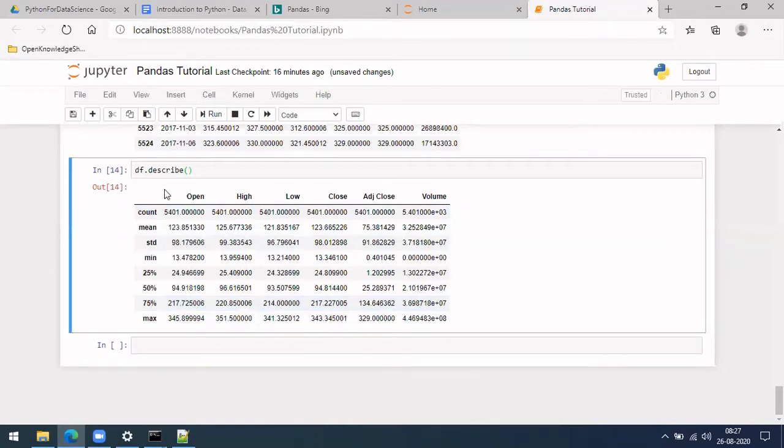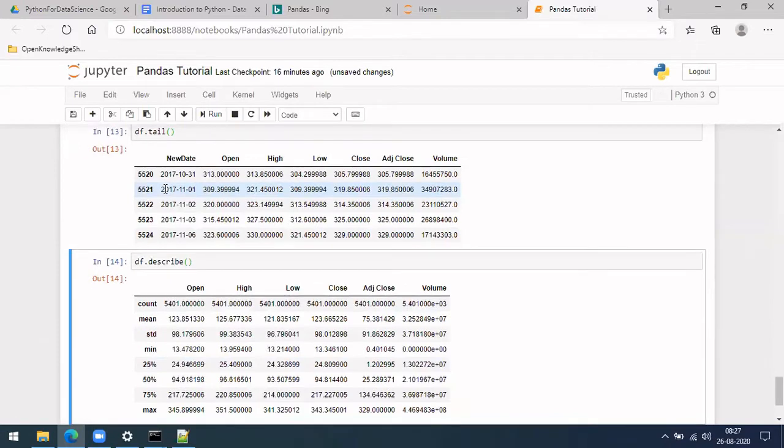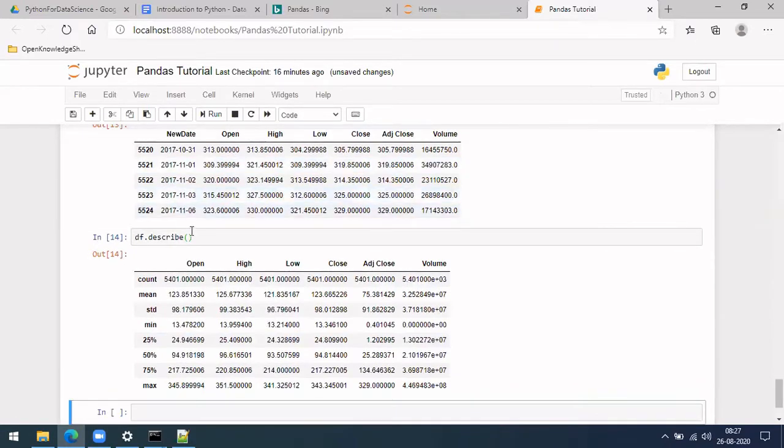If you do df dot describe, you can see here all your numerical columns. Date it ignored because it is a date. For the numerical values, it is showing a kind of analysis on top of each column.